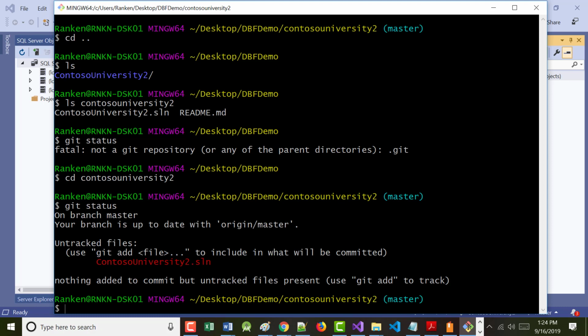So once I go and I take, and I'm not going to do it now, but if I were to run the git add command, then it would take the solution file that right now is not being tracked, it would add it to the staging area. So it would say, I want to track it.